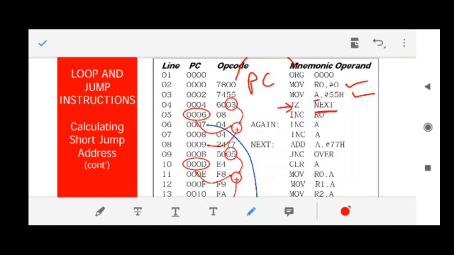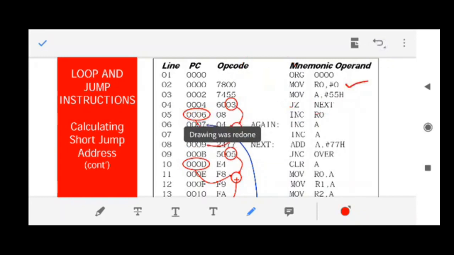Is it this or this? The content of the program counter would be 0006, not this, because the program counter holds the address of the next instruction. This is the next instruction, and its address is 0006. So currently the program counter contains 0006.